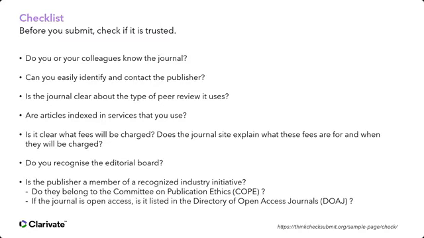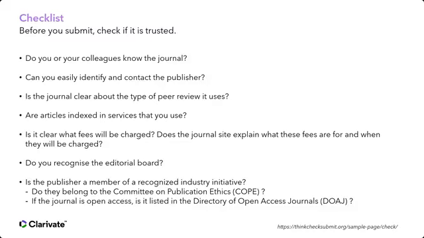Then if it's a publisher that has multiple journals, check whether they are part of the Committee on Publication Ethics, COPE, because if they are part of a recognized industry initiative, it adds a bit more credentials to that journal. If the journal is open access, check whether they are included in the Directory of Open Access Journals, DOAJ.